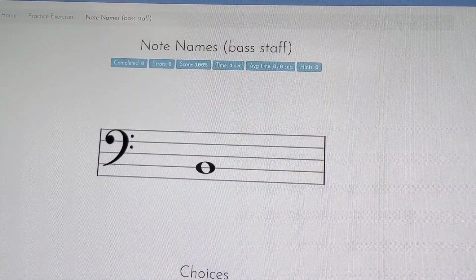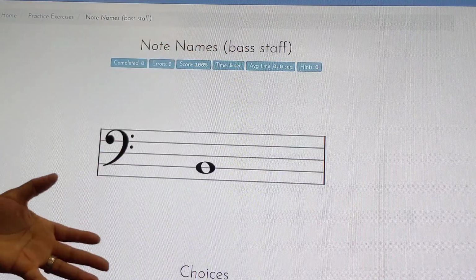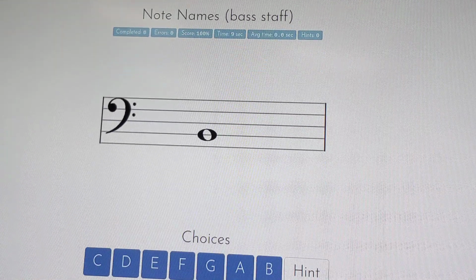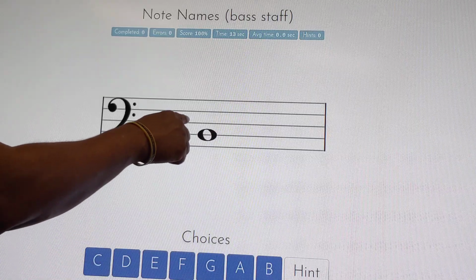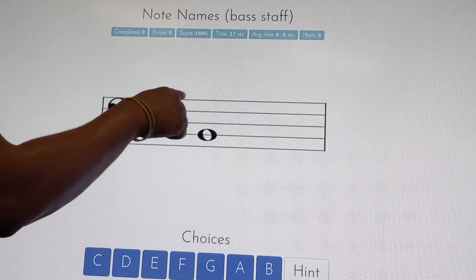All right, so now we're doing bass clef. All right, so it's even telling me I'm doing bass clef, okay? So there's no reason why you should get this wrong, all right? So remember, we said for bass clef, the lines are grizzly bears don't fly airplanes, so you always start from the bottom. So grizzly bears don't fly airplanes. So grizzly